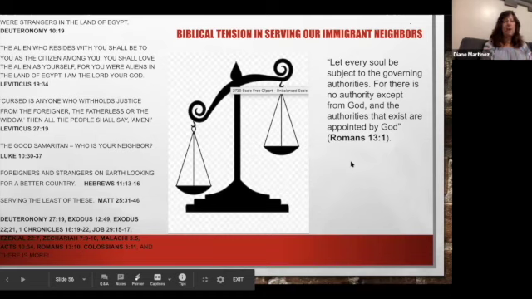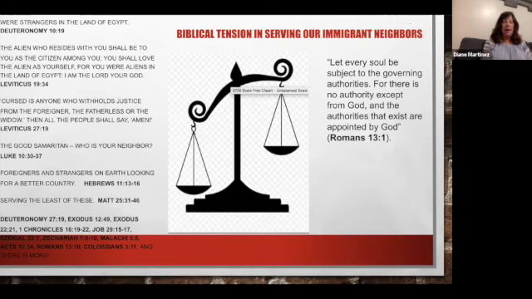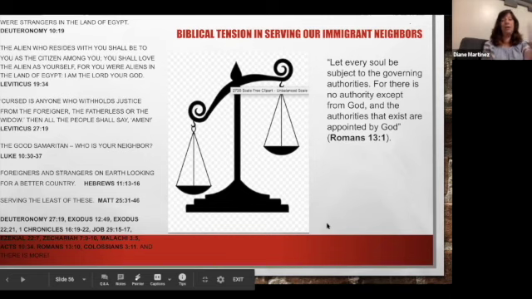And Phil talked a little bit about this, but it's just a picture that the Lord had given me in serving immigrants. Romans 13 always comes up. And yet we do have to look at fair and just laws. And we've talked a lot about, is that really the case? Is that what we're looking at right now? Or do we need an immigration reform that is truly going to be just and fair, not only in our eyes, but according to the Lord? And there are so many verses here. These are just the beginning of them.